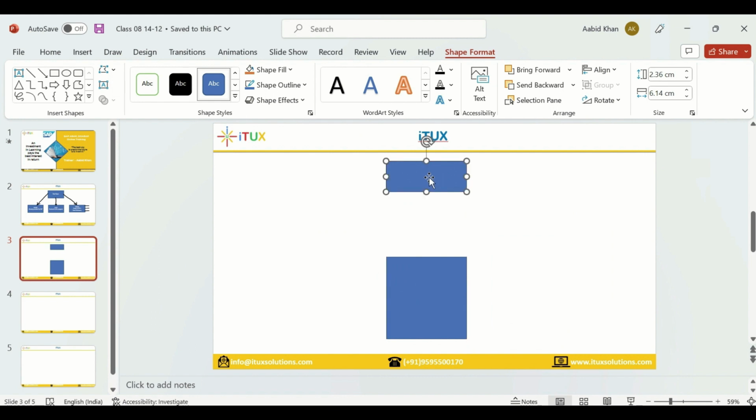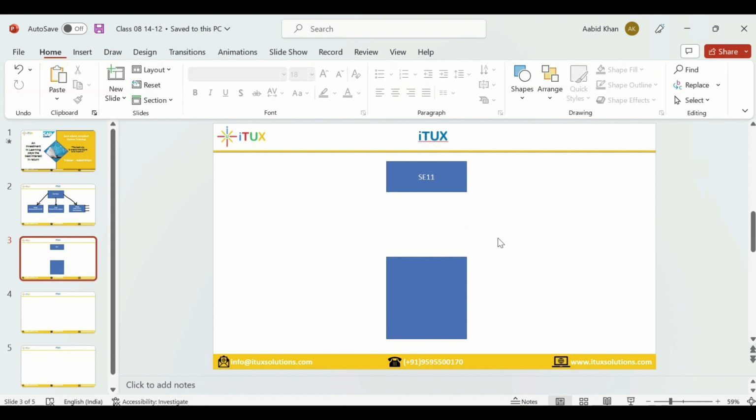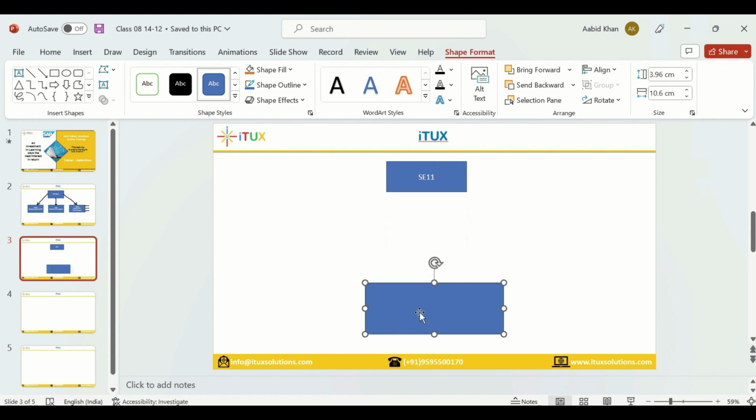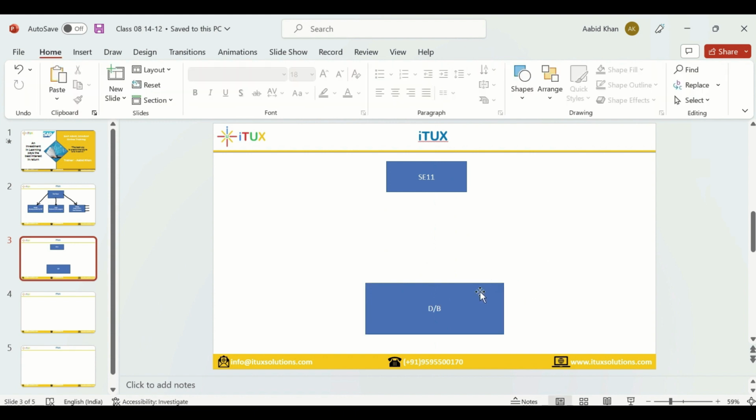So that screen can be called as SE11. And using this SE11, you can create the entries in the database. Okay, so this is your database. Now what happens in the database? You do not create the entries directly, you will be segregating it, so you do not create entries directly